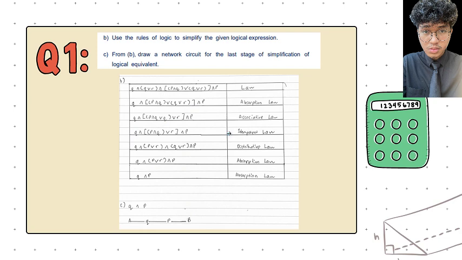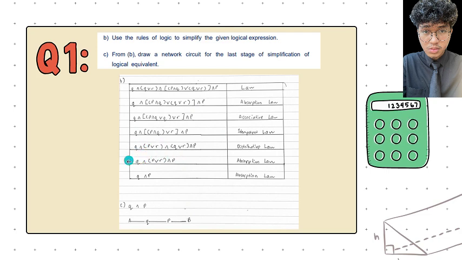After that, the idempotent law is used to simplify P or Q and Q into P or Q. Next, the distributive law is used to expand open bracket P or Q close bracket and R into open bracket P and R close bracket or open bracket Q and R close bracket. And last but not least, absorption law is used again to simplify both of the terms we got from the usage of distributive law previously into P